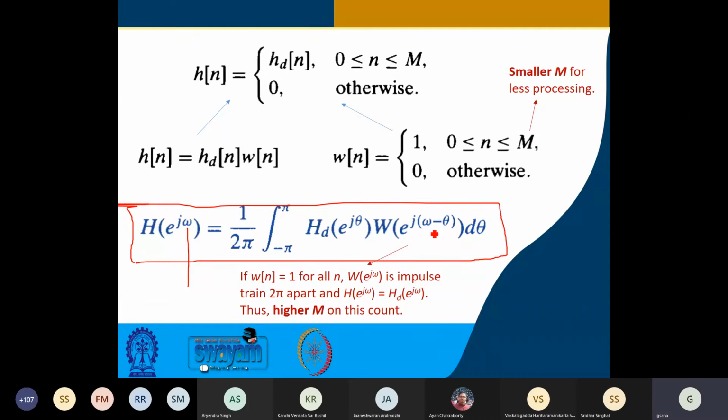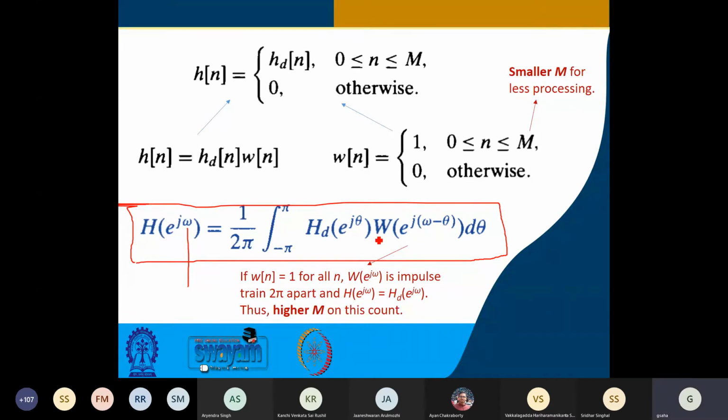So for that particular value of omega, if you calculate W, this W will be just a shifted version of it. Okay, inverted and shifted. That is what convolution is, you have done before for the time domain. Now it is only in the frequency domain. That is the difference. So that's why I'm asking you to spend some time to get a meaning out of it. Okay. Inverted and shifted.